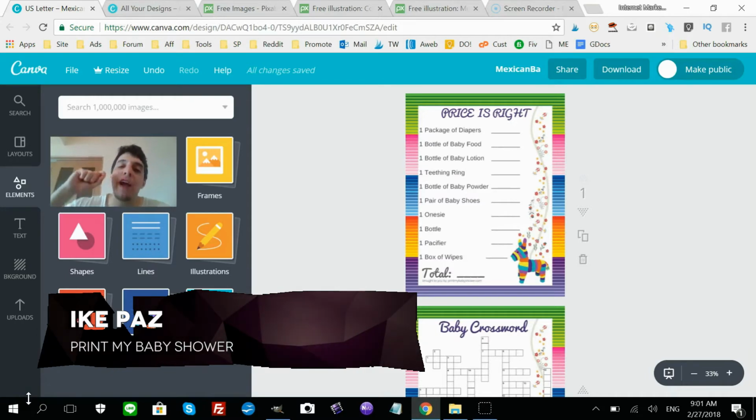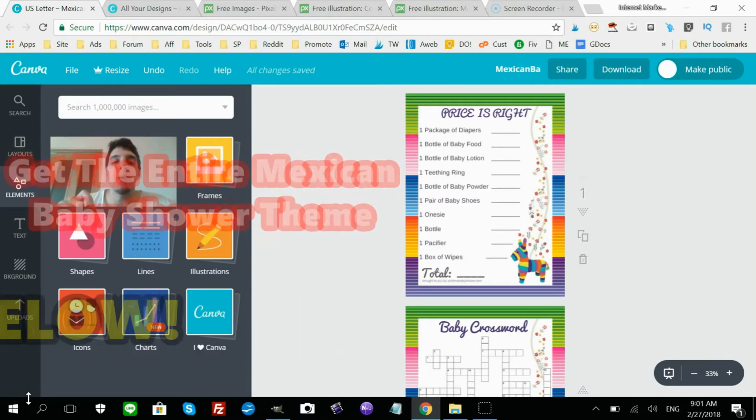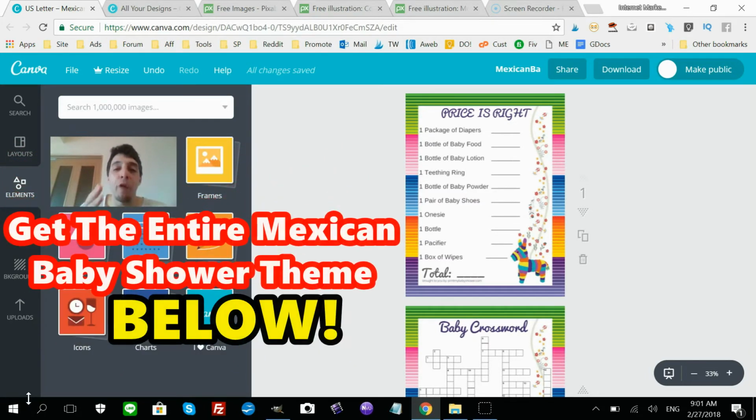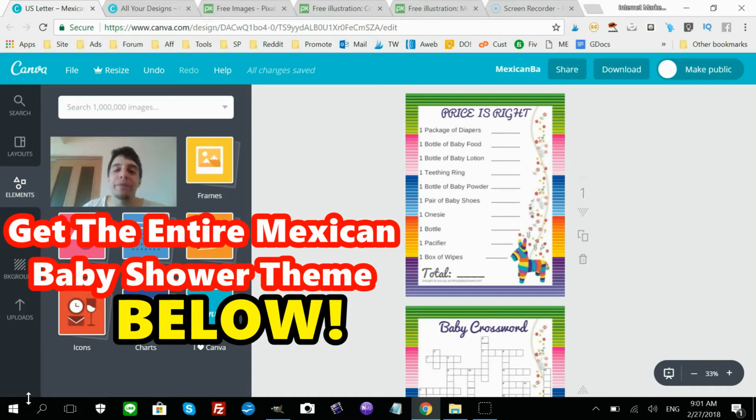Today, I'm going to show you how to make a Mexican printable game for your baby shower, Mexican theme. So, just in case you don't have the time or you find my tutorial a little bit difficult,